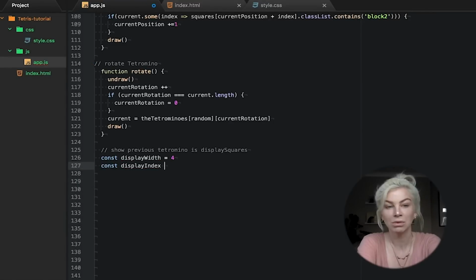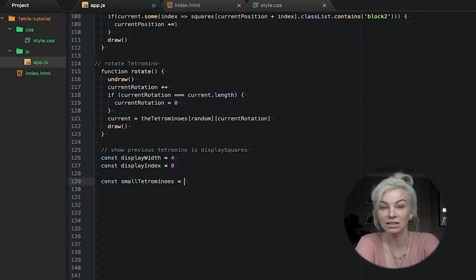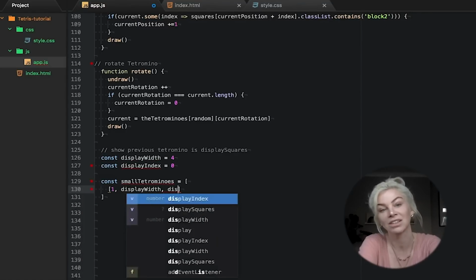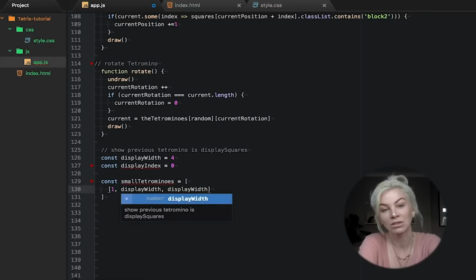Now, just like before, we are going to write out our 5 tetraminos. However, this time we do not need all 4 rotations. We are simply displaying the tetramino. So for this, we only need one iteration of each tetramino in an array. Let's call this constant small tetraminos.